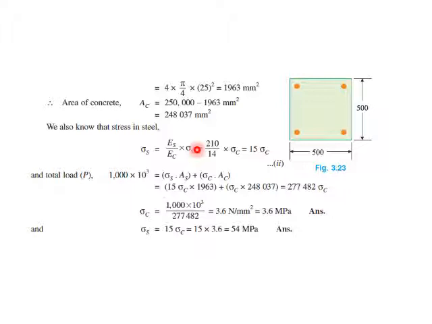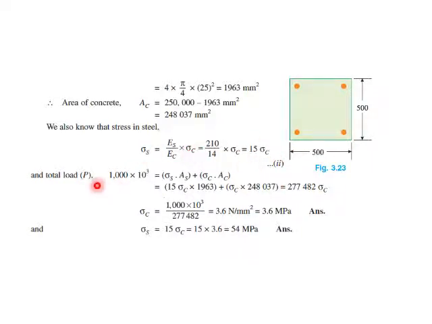So once you get the load, you can easily calculate stress, that is load by area. Or else, you can also remember this sigma S is equal to ES by EC into sigma C. Okay, so this has been already discussed in the previous session, previous slide. So use this and you will get a ratio in terms of sigma S is equal to sigma C. See, this ratio can be calculated in terms of sigma or in terms of load.